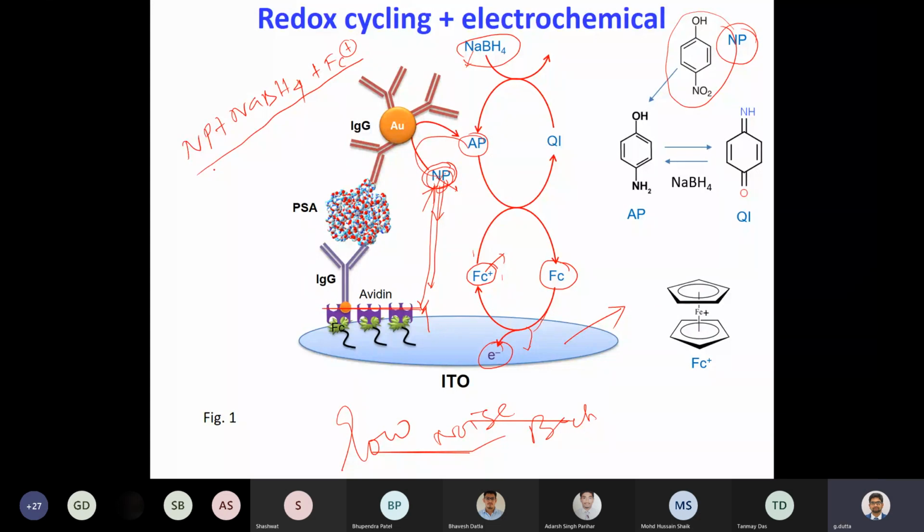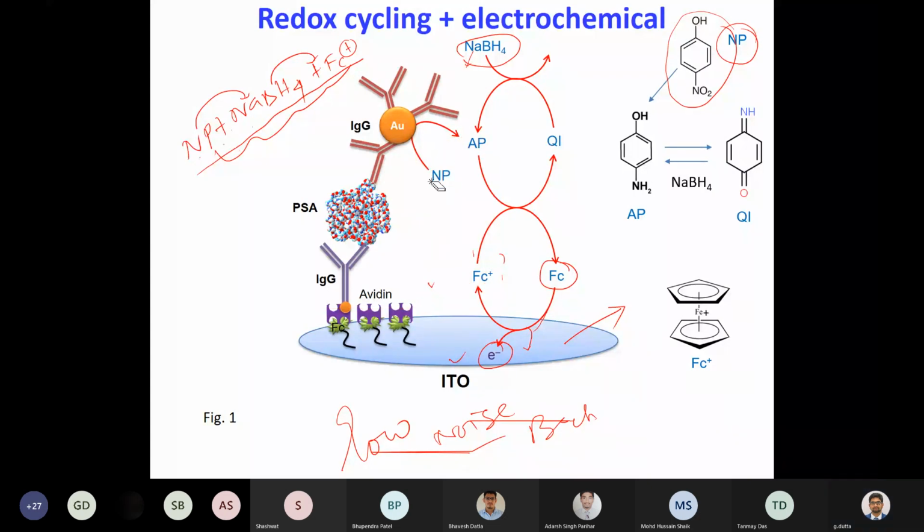So the first fundamental thing you have to know is that they should not react with each other. NP and NaBH4 should not react with each other. Otherwise, they will release an electron, that electron can pass to the electrode surface, and you will get a high current. So self-reaction should not be possible, or should be very, very low. You can't say 100% that they cannot react, but they can react only very, very little. That is the first thing. And the second thing,